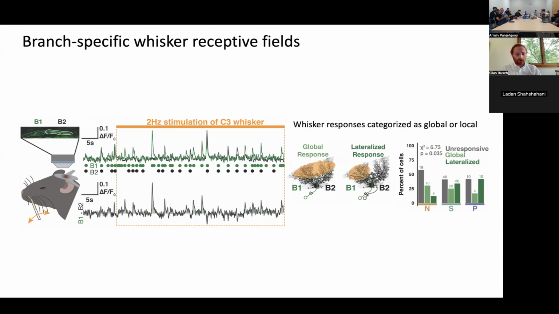But a lot of our problem here is that we're not looking at this in the awake animal, where we're getting a better representation of real signal processing. So the next experiment that we wanted to do, how